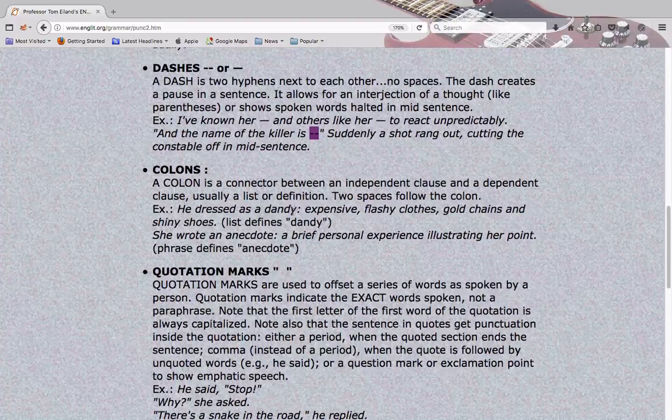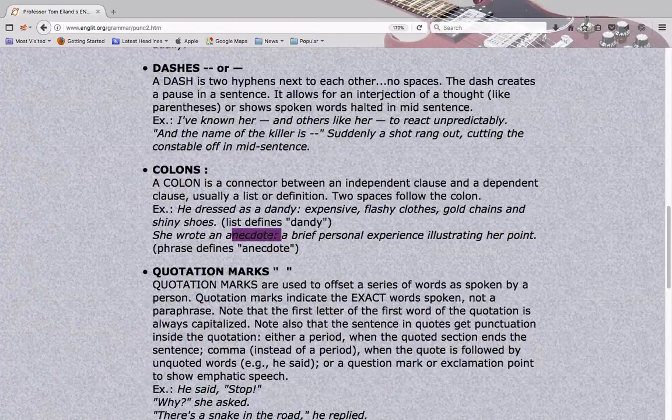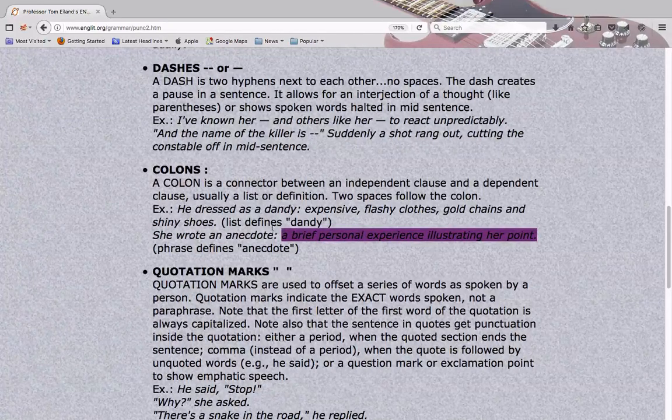People create fragments when they put a period here or a semicolon here, but especially when they put a period here, and then what follows is simply a list, and that's what you use a colon for. In this case, we have a definition here. She wrote an anecdote: a brief personal experience illustrating her point. This phrase defines this word. And essentially, you are using the colon to separate this fragmentary sentence or phrase that describes one of the words